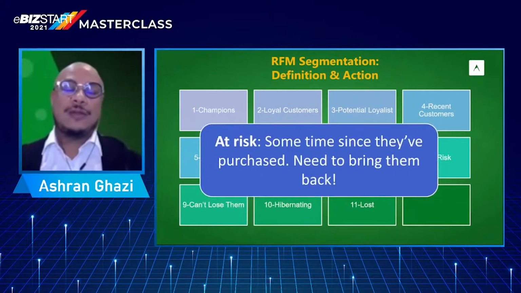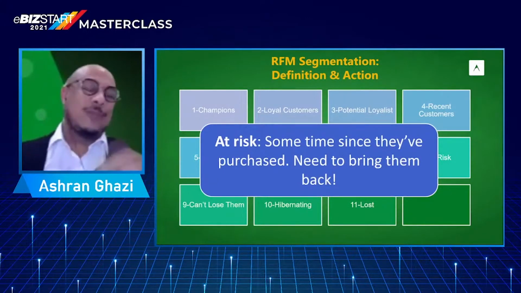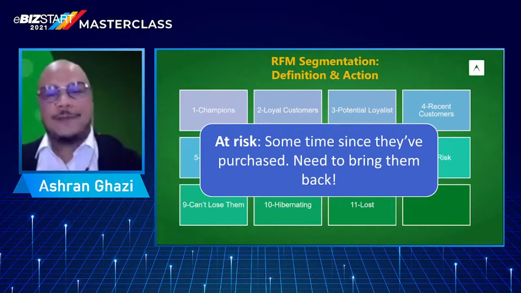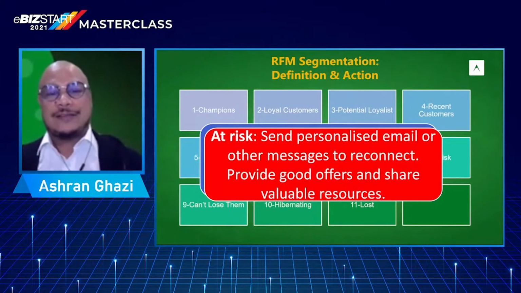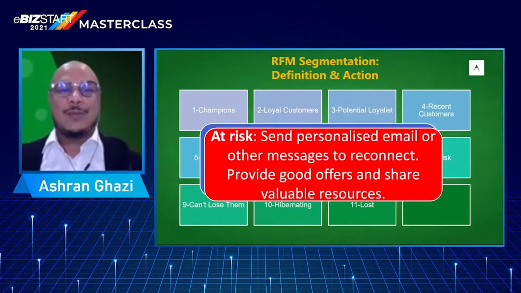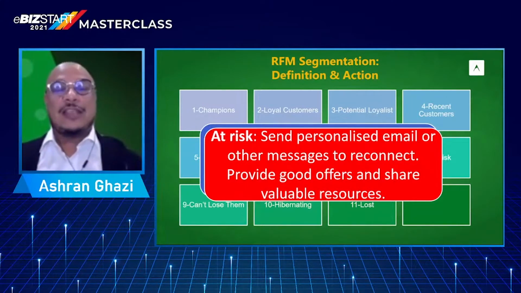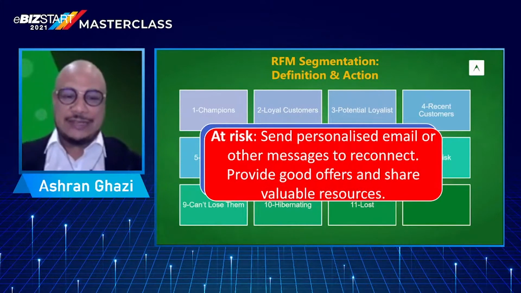At-risk group: they've bought stuff from you, but have not been to your store for the longest time. You've got to bring them back, right? If you don't bring them back, somebody else is going to slide in and take them away. So for these guys, be a little bit more personal. When you look at this whole total basket, you've got to manage where you want to focus your activity in that particular month or quarter, so that you can optimize how you are utilizing your resources at the end of the day.